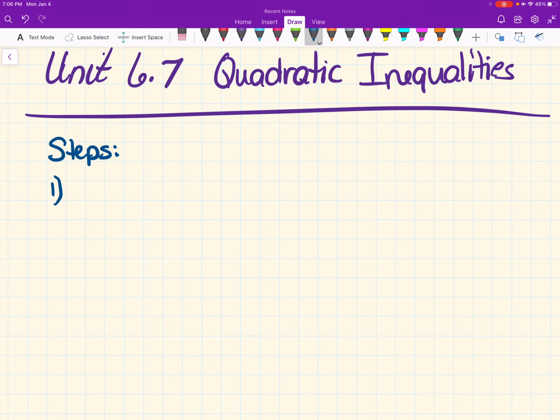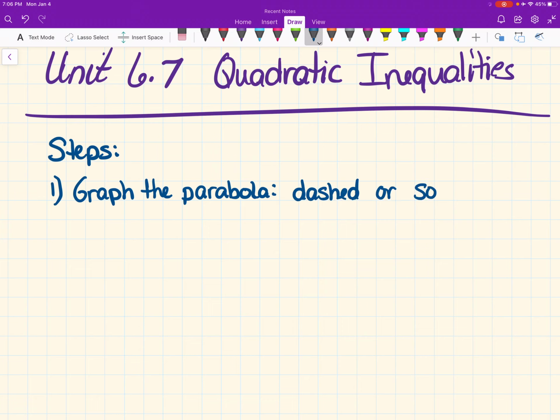The first step is to graph the parabola or the quadratic. When you graph the parabola, this is the hardest part. Decide whether you have a dashed or a solid line. Remember, dash is less than or greater than, solid is less than or equal to, greater than or equal to. That's how we know if it's dashed or solid. Okay? Second step, test a point